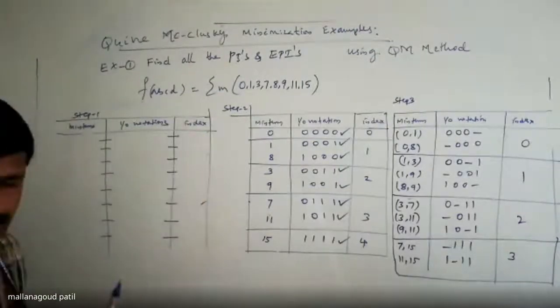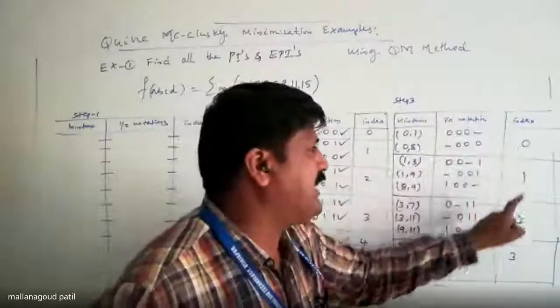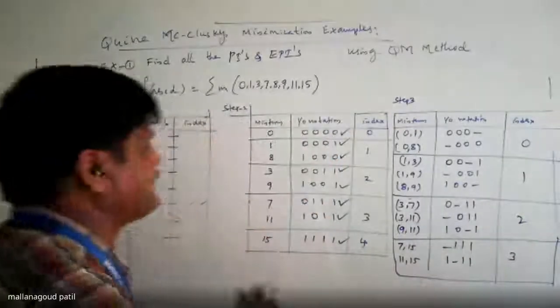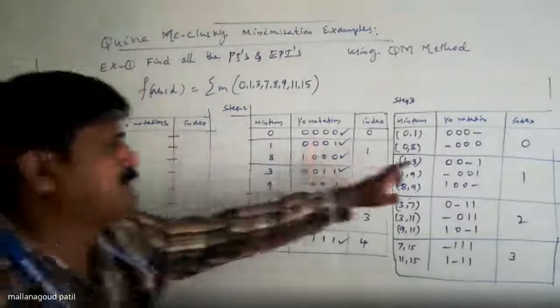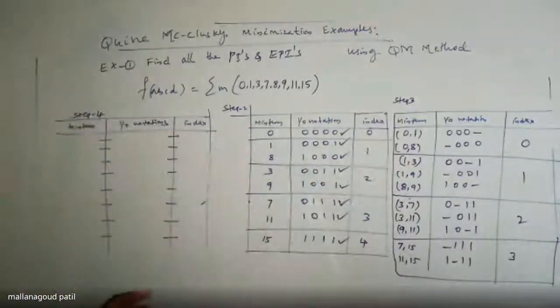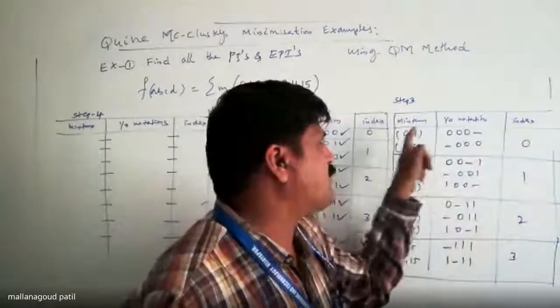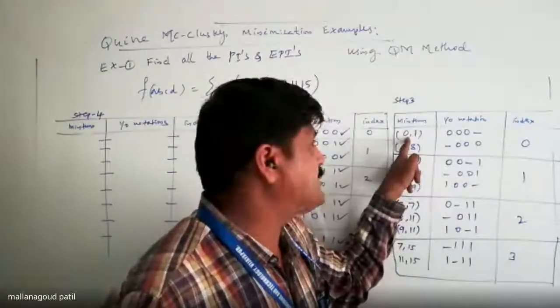Can continue this one. Now, index 0 in step 3, index 0 and index 1 comparison, index 1 and index 2 comparison, index 2 and index 3 comparison. Now I am writing this is my step 4. Step 1, step 2, step 3, step 4. See here, when you are comparing the index 0 and index 1, particularly index 1, the first minterm is not a single one, that is 2, that is 0 and 1.